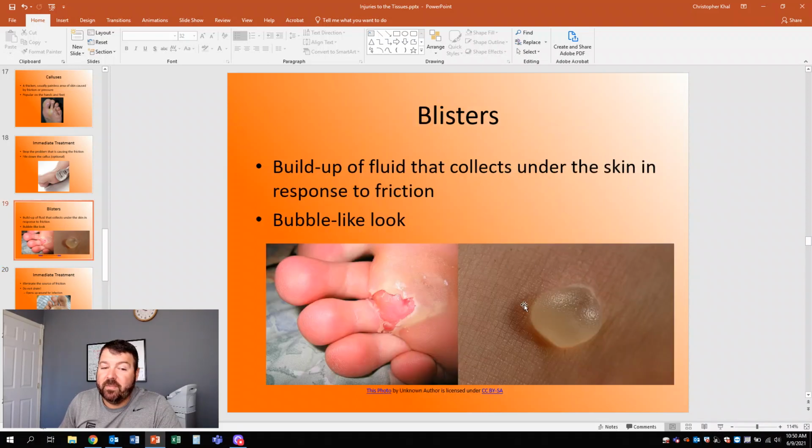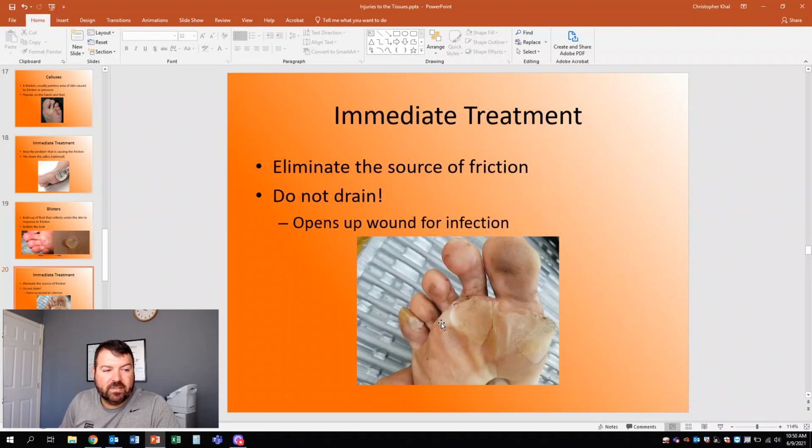Sometimes, once an athletic trainer or MD or nurse practitioner, whoever it is, does drain them, we can fill them with, let's say, zinc oxide, which is the same item you put on diaper rash, if you guys have kids and know what I'm talking about. It's just an item that can help dry it out. You can also put diaper rash cream on something like this, because that underlying skin is just very premature. It just helps dry it out. So that could help a little bit.